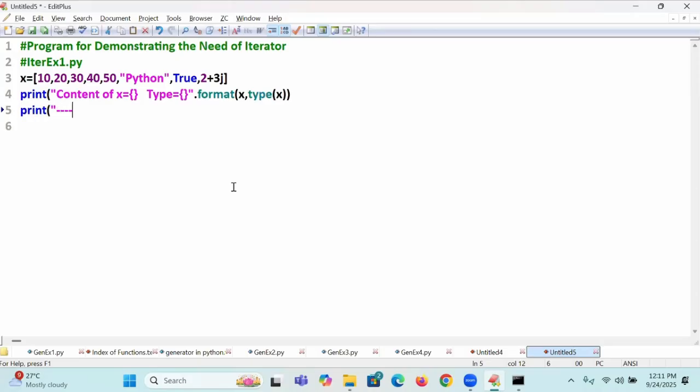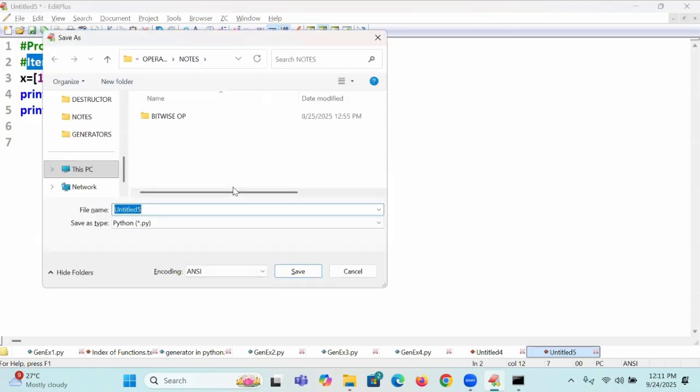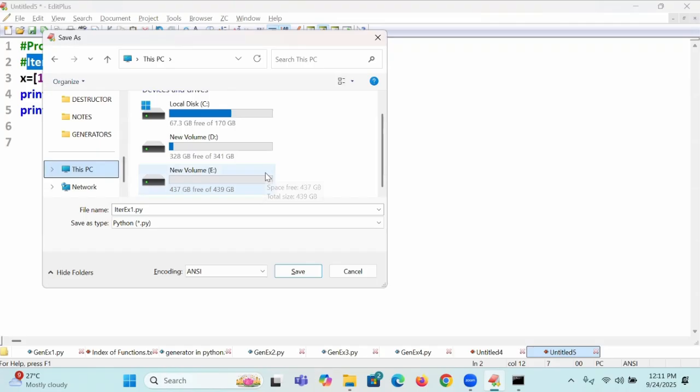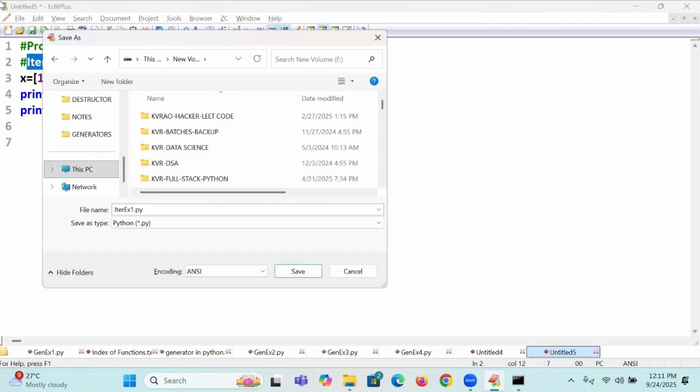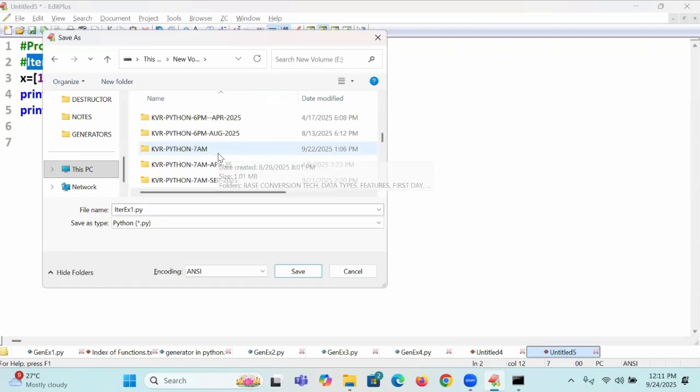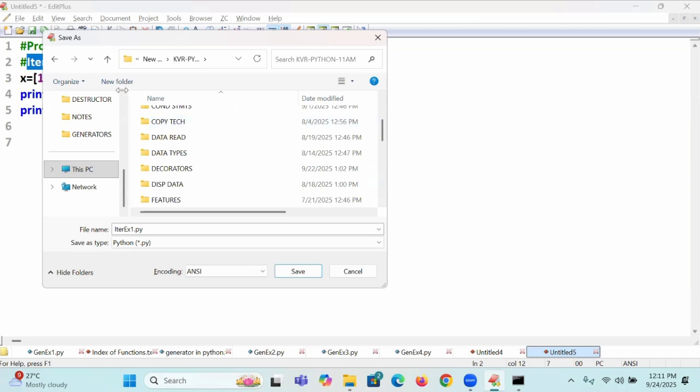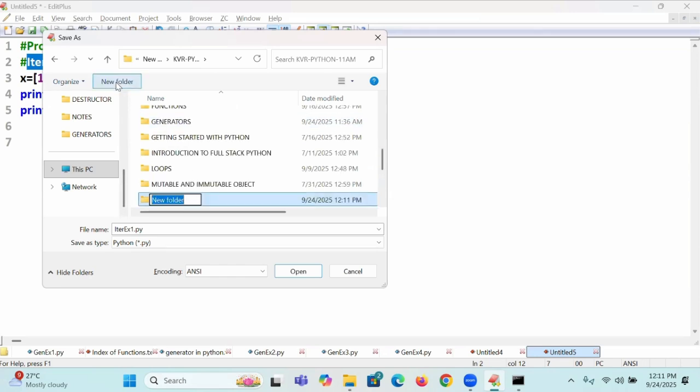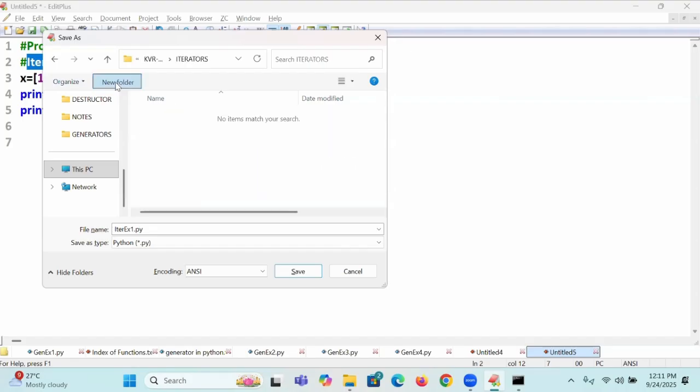So here I am writing it. Written. Execute first. I'll go to this place and write it under this, as 11 a.m. under iterators.